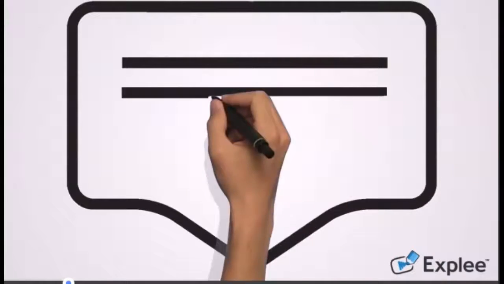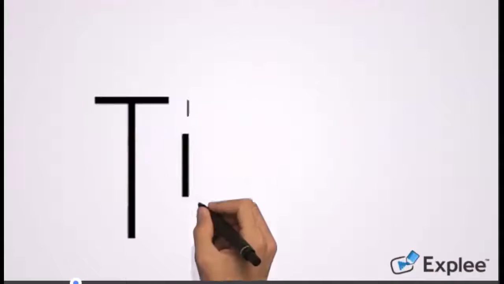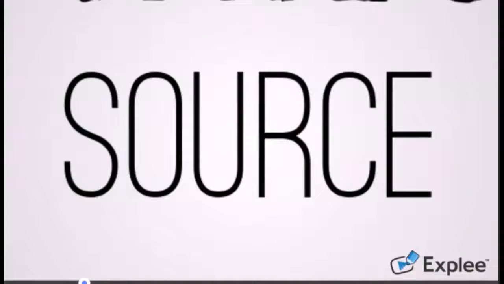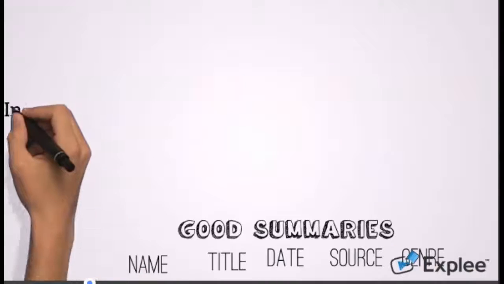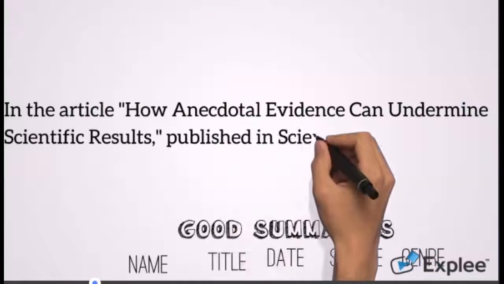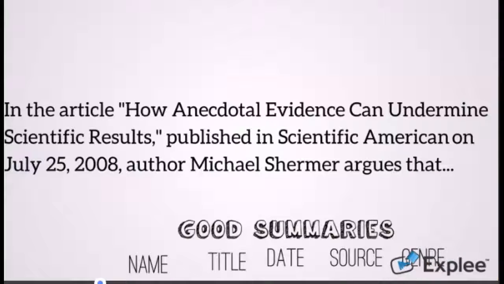Summaries must be introduced with proper attribution and contextual information, including the author's name, the title of the text, the publication date and publication source, and sometimes even the genre. Now let's take a look at an example. In the article, How Anecdotal Evidence Can Undermine Scientific Results, published in the journal Scientific American on July 25, 2008,